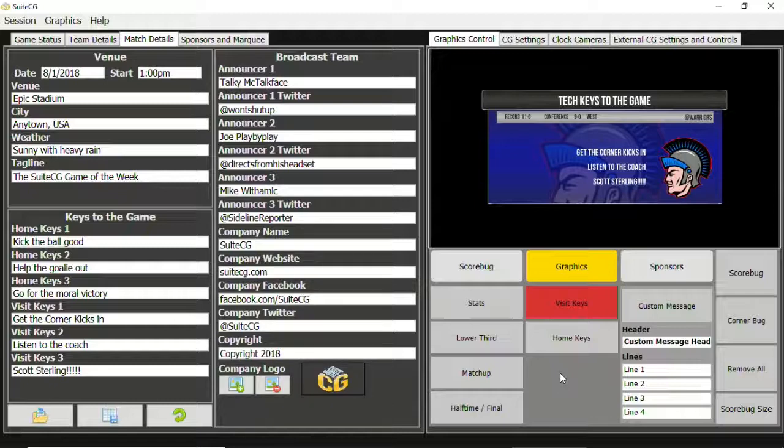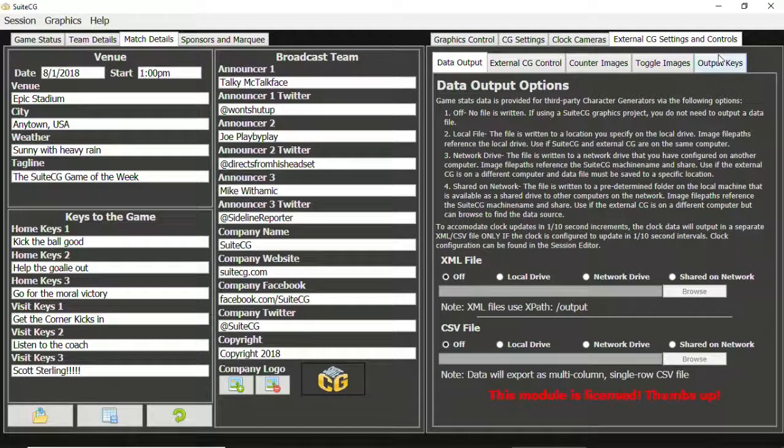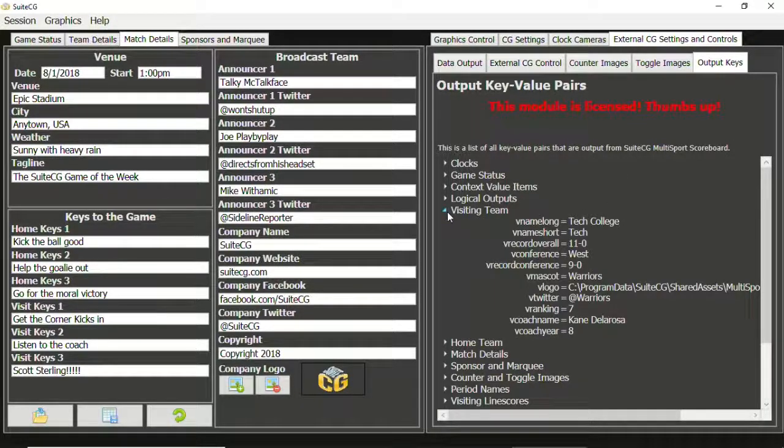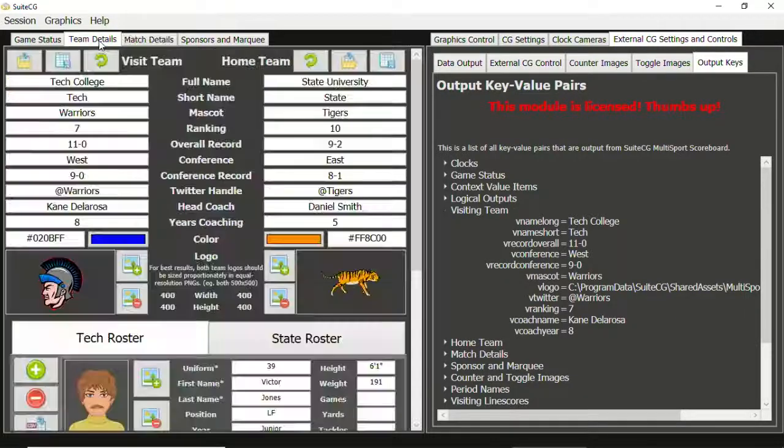Let's take a quick look at how this static data is used in third-party CGs. Come over to External CG Settings and Controls, and then click the Output Keys sub-tab. Here you can see all of the key value pairs that appear in the XML and CSV output files. Let's expand the visiting team. We can see all of the key names for the various visiting team fields, and then the current values of